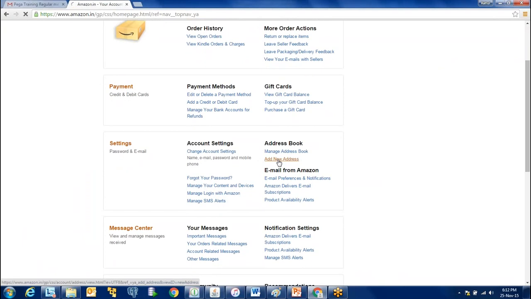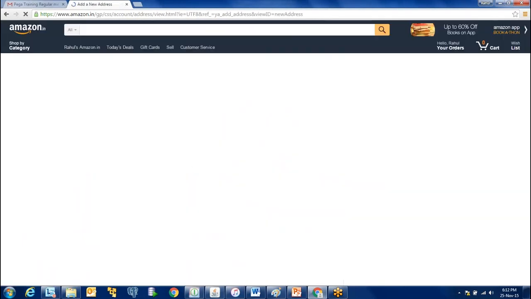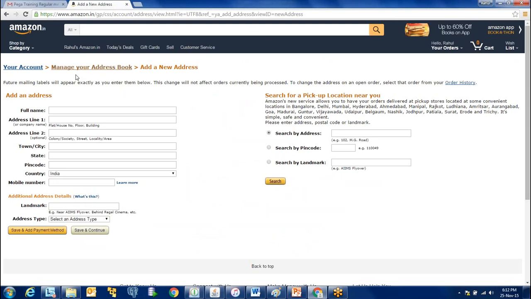If I click on this add new address, it would take me through a page which would have validated my current account and shows me that I can add a new address here. This simple task of adding a new address after seeing a person's current account details is called business process management. It's the simplest example that we can use here.